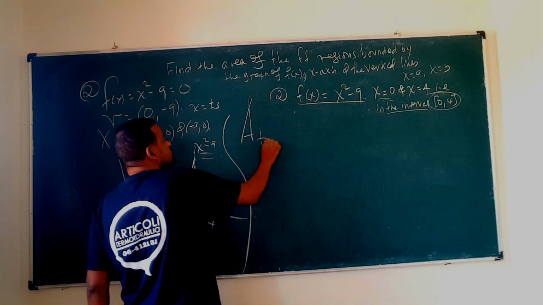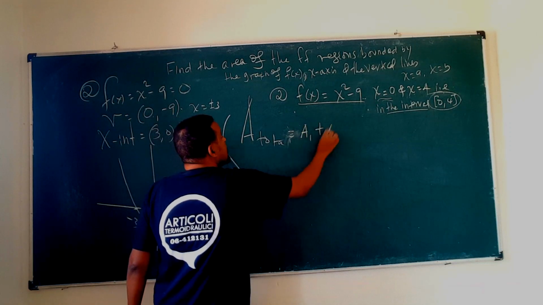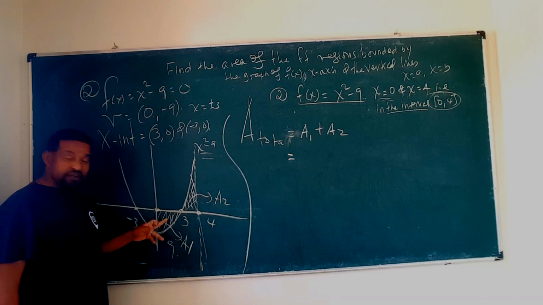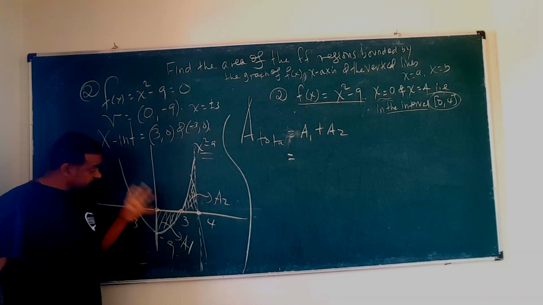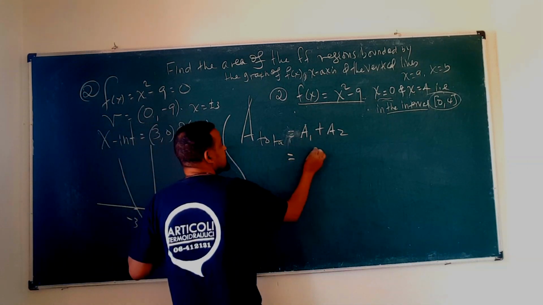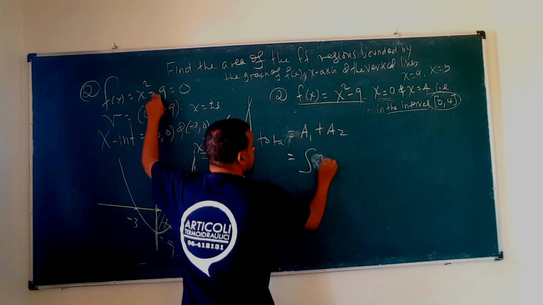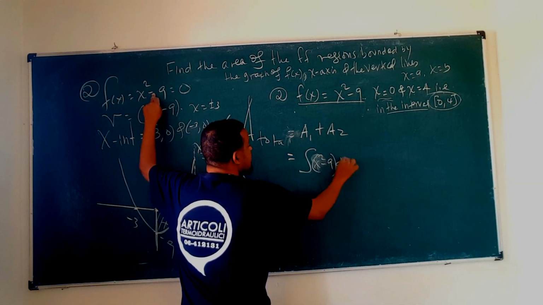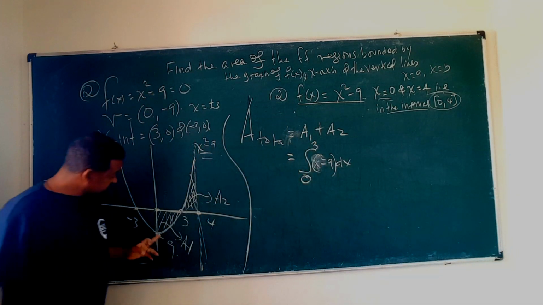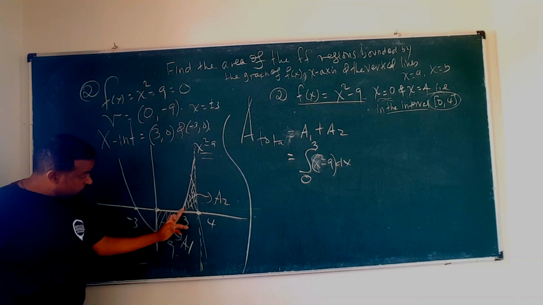So area total. አሁን ልብ አድርጉ, area total is equal to area 1 plus what, area 2. Okay, area 1 ማለት the graph of the definite integral of the function f of x from 0 up to 3 ነው ማለት ነው. That means definite integral of f of x, f of x is of course x squared minus 9 dx from where to where, from 0 up to what, 3. ከ0 እስከ 3. ኤሪያ 2 ማለት ደግሞ ከ3 እስከ